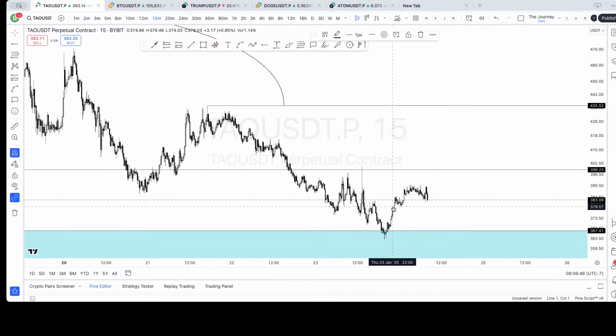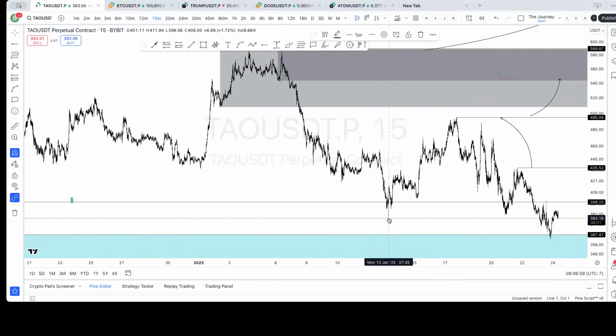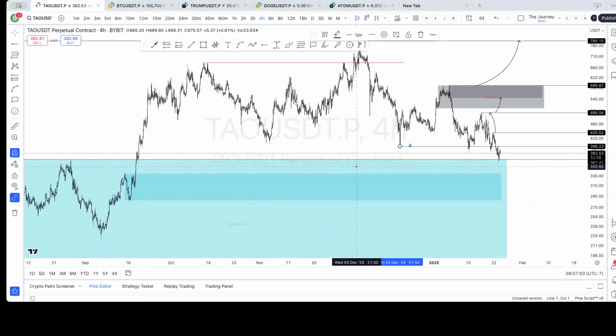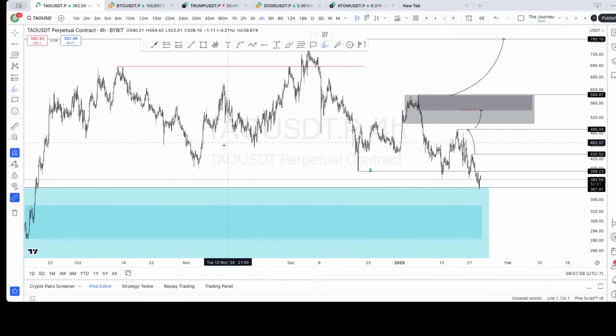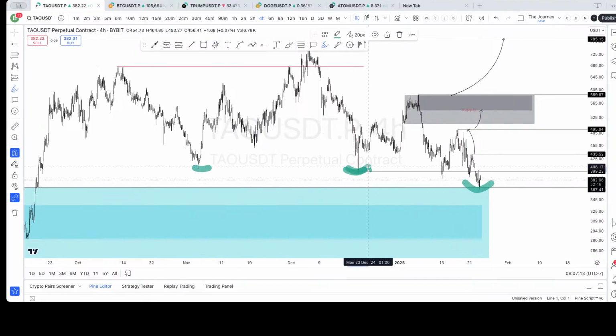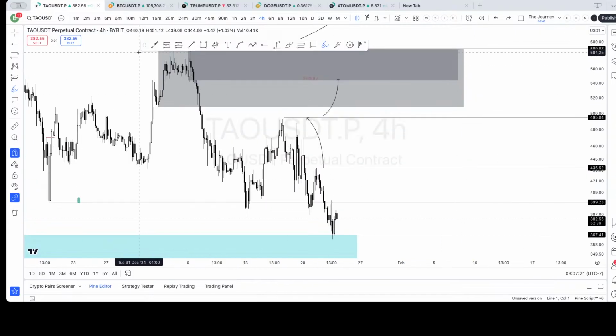I've never leverage traded this, so I can tell you already I'm looking a little bit more from a swing based perspective on this. I can see a couple of things on the chart. Yeah, it looks fairly accumulative down here, whether you're going something like a 1, 2, 3, or a 1, 2, 3. Either way, it looks fairly cumulative, backtesting a previous demand range. Overall looks nice.